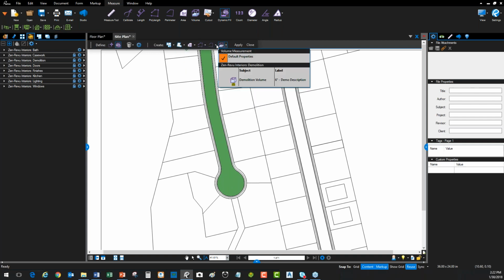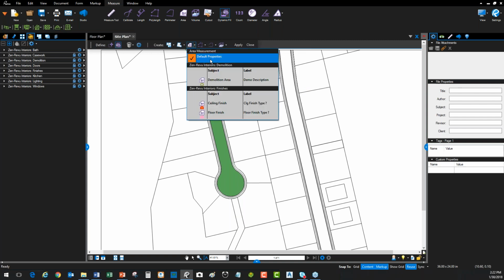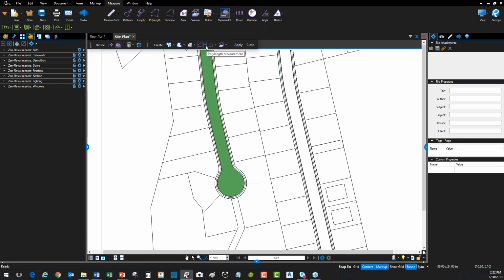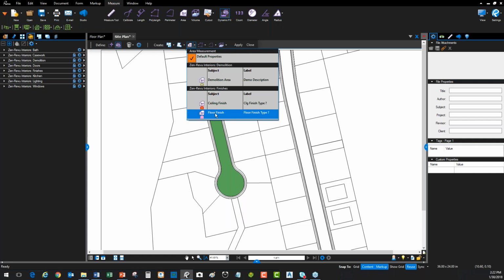And what's great about this is it actually gives me not just the standard default properties, but any of the objects that are area-based that I have created in my current tool chests. I can use those. Any of the volumes that I have in my current tool chest, I can use those. So if I wanted to go in and, again, I know this is a roadway, but if I wanted to apply a floor finish in there,